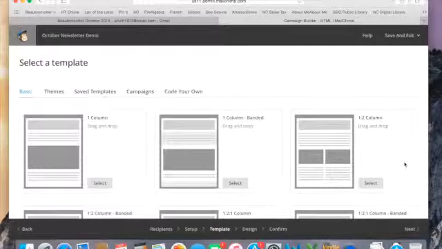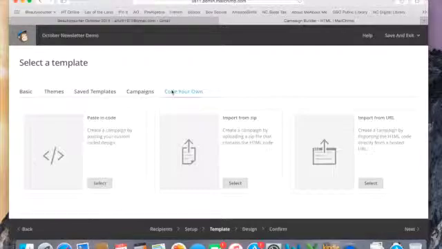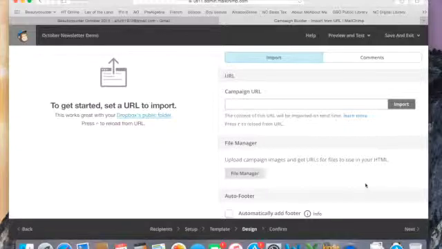Here I'm going to select my template. Over on the right, on that top menu, you'll see Code Your Own. I'm going to click Code Your Own. And for the record, I did not know how to do this. I just read the directions that Jen at Your Team News included on her website. I'm going over here to where it says Import from URL. I'll select that. And what this does is it gives me a field to paste the campaign URL, which is